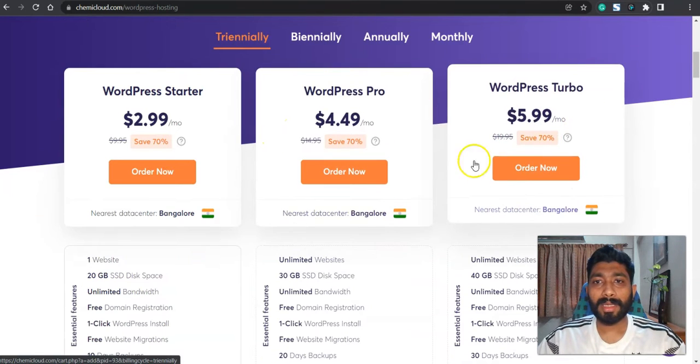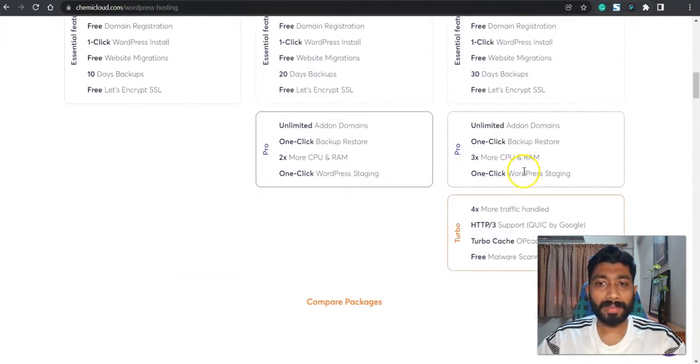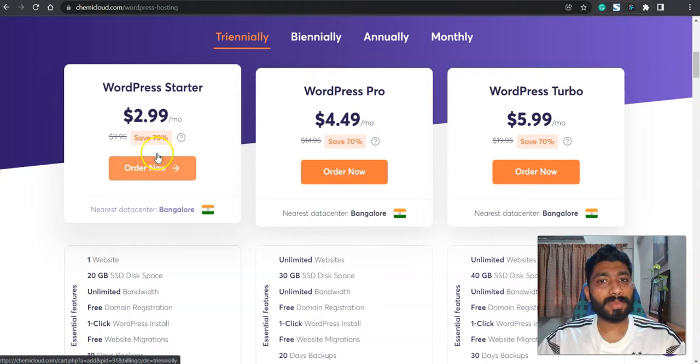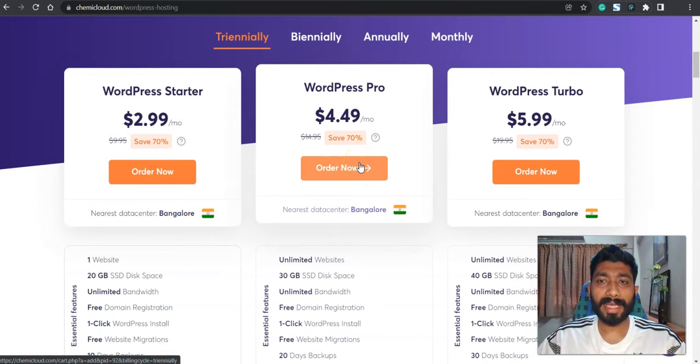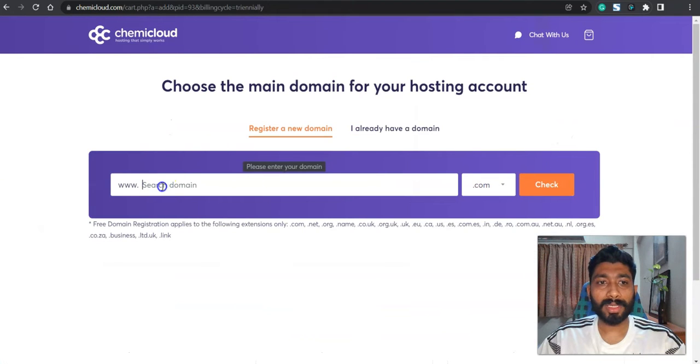What I have is WordPress Turbo. You can see here you can host unlimited websites and you have 40 GB of space, with unlimited bandwidth, and a lot of other features which give you 3x more CPU and RAM, etc. This is the plan that I would recommend. If you are okay with the other WordPress Starter or Pro, you can purchase that as well. You can click on order now, and then just type in